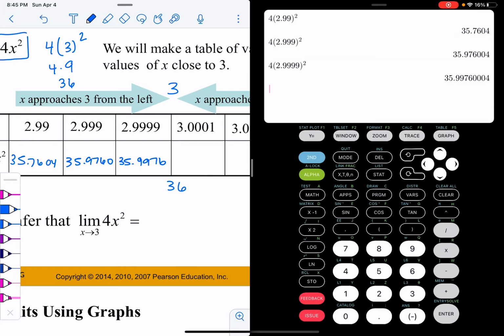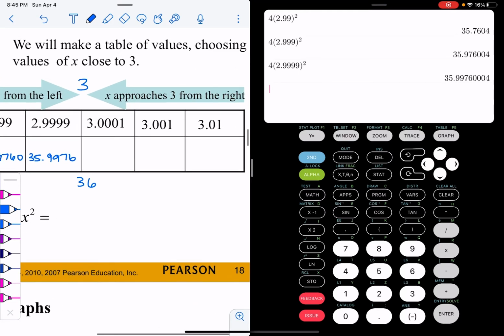35.9976. So obviously, the slightly bigger we get, we're only adding an extra 9 somewhere, going from 99 hundredths to 99 thousandths to 99 ten thousandths. As we get closer and closer and closer to that 3, we see that it is approaching 36. Now, if we jump to the other side of the 3 and plug in the 3 point whatevers,